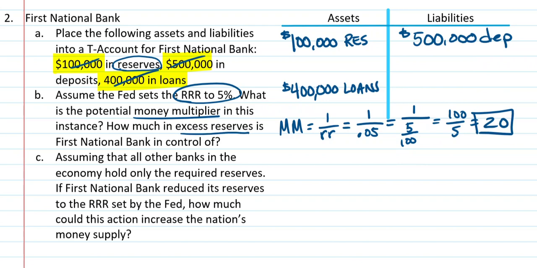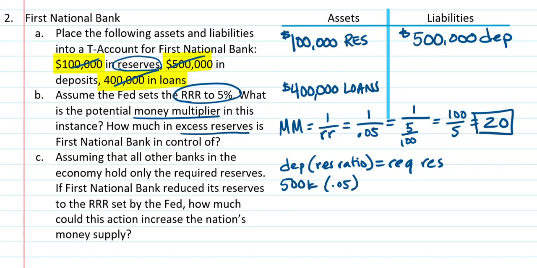Second half of this question, if we have a 5% reserve ratio, then it's asking us how much in excess reserves they have. So we need to take the deposits and multiply it by the reserve ratio to figure out the number of required reserves that this bank has to hold. So we take our 500,000, we multiply it by 0.05, and we wind up with